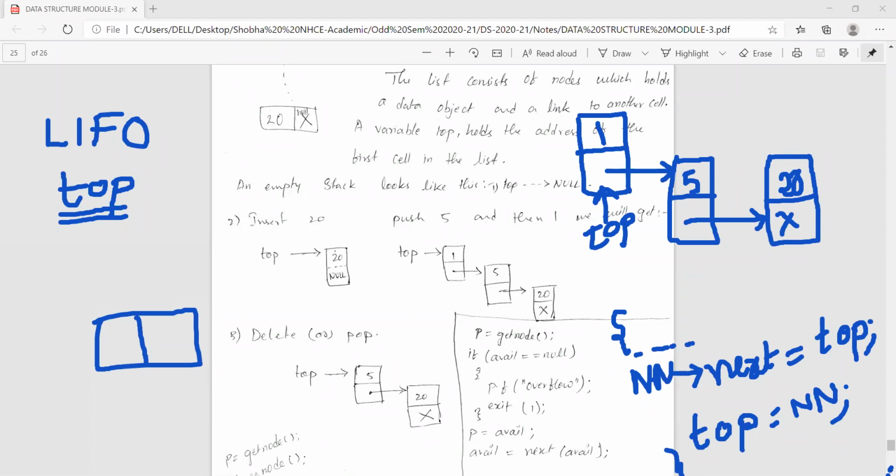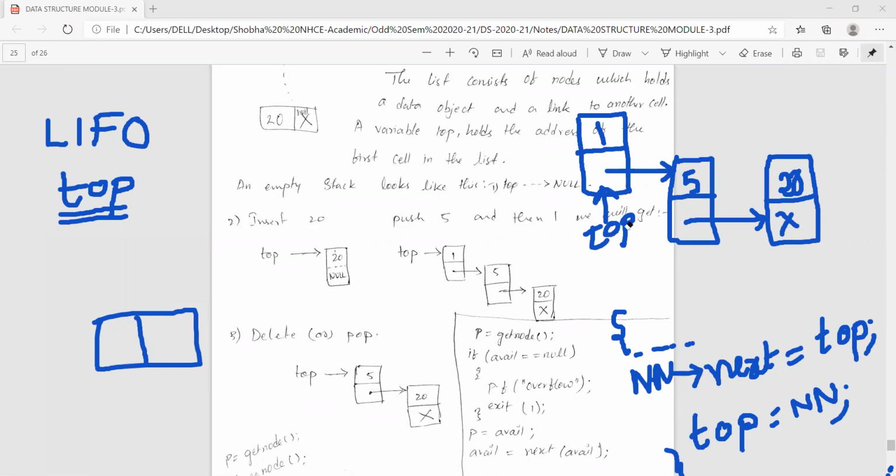So whenever I want to implement the stack concept, I should insert at the beginning. Initially 20 was the top. Here we don't have a start pointer. Whatever is pointed to by the top will be the starting node.